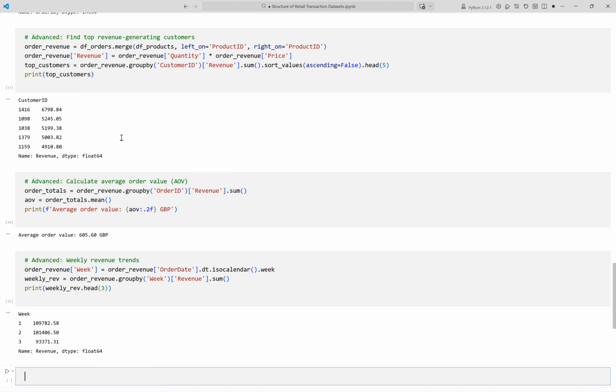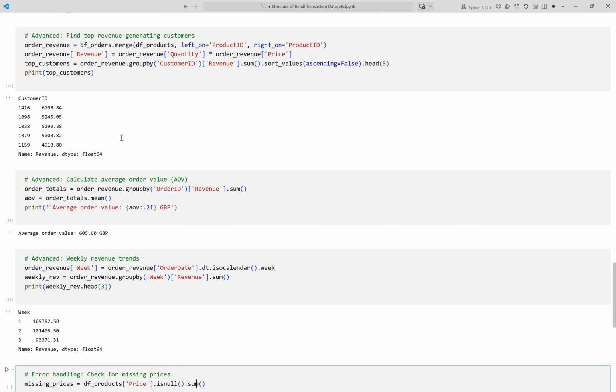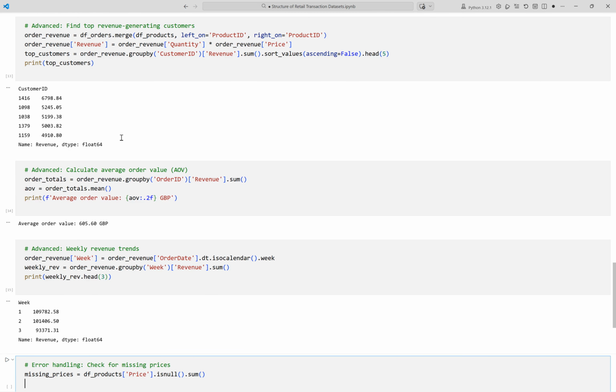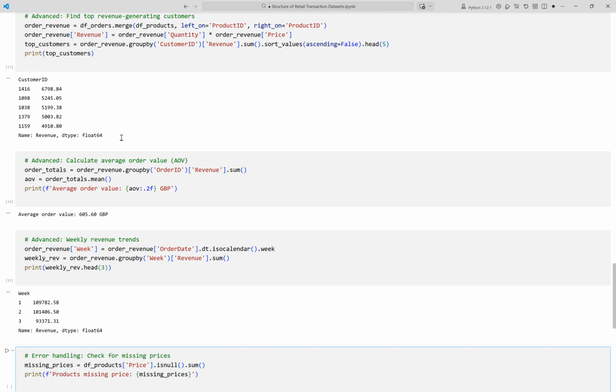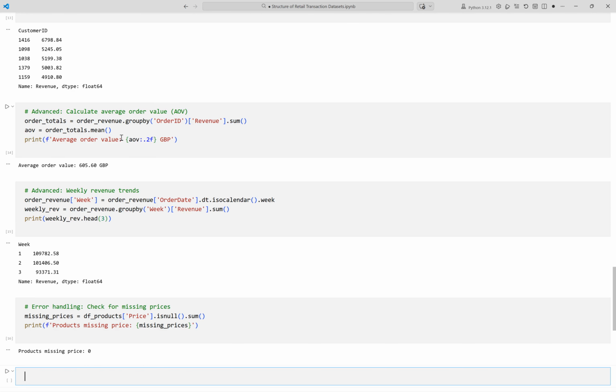Let us check the product catalog for missing prices. Missing price values can cause problems for revenue analysis. Here we print the number of products that do not have prices assigned. Running the cell now. This output shows there are 0 products with missing prices, confirming the dataset is complete in